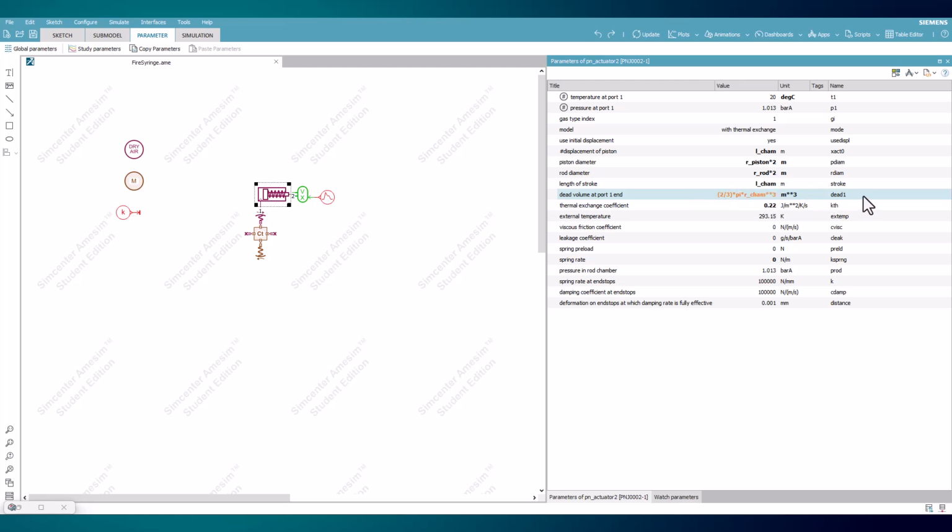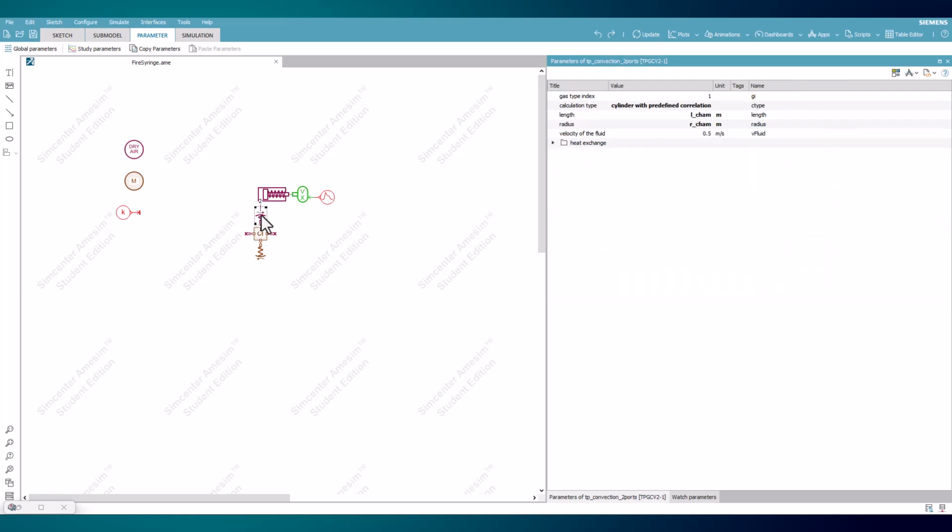Also, the unit for the initial condition parameter for temperature is changed from Kelvin to degrees Celsius. This is done to make it easier to determine when the needed temperature for the cotton to catch flame is reached, which is given as 210 degrees Celsius. The value for the thermal exchange coefficient is also lowered to 0.22 to better reflect the behavior of the system. This value was determined through trial simulations similar to what will be done to determine the minimum speed. Make sure to take note of any units that have been adjusted, shown in bold.